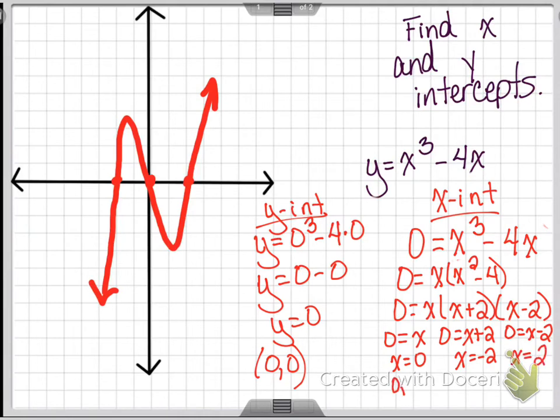So I've got (0, 0), (-2, 0), and (+2, 0). Okay? So that is how